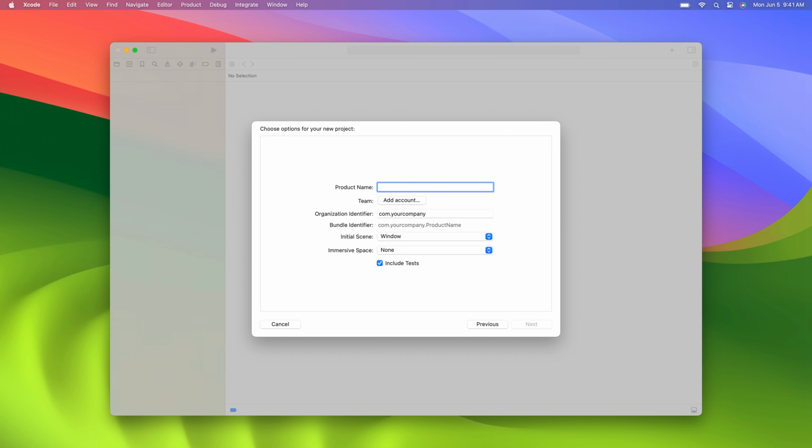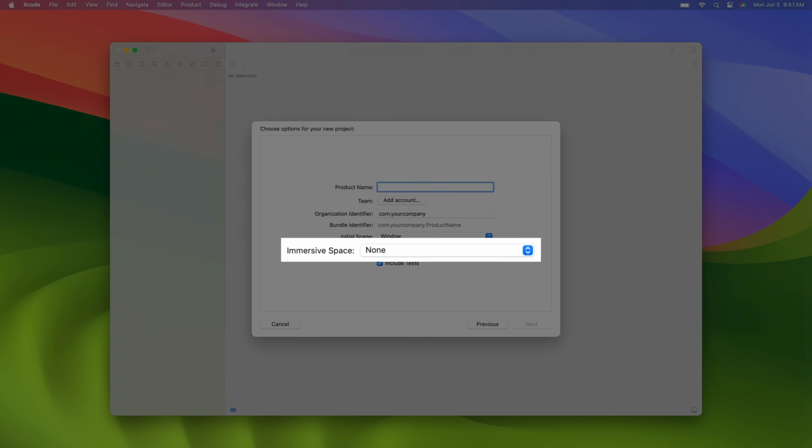The second new option, Immersive Space, gives you the opportunity to add a starting point for immersive content to your app. When you add an immersive space scene type to your app, you can use it to present unbounded content anywhere on the infinite canvas. When your app activates this scene type, it moves from the shared space to a full space. In a full space, other running apps are hidden in order to avoid distraction. Your app can also access dedicated rendering resources, and it can request permission to enable ARKit features like hand tracking.